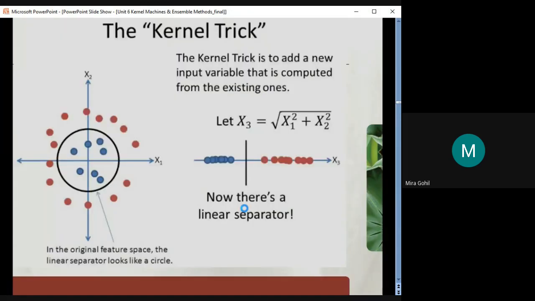Okay, so what will the kernel trick do? It will not convert the whole data into another dimension of feature space, but it adds a new input variable that is computed from the existing ones. ठीक है? So यहाँ पे जो भी आपके पास data है, let's say x1 and x2. So these are the two-dimension feature space, and this original feature space we cannot divide through a straight line, but of course we can divide through a circular line. Okay, so here we can say a non-linear